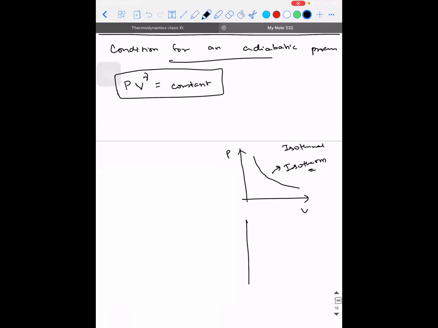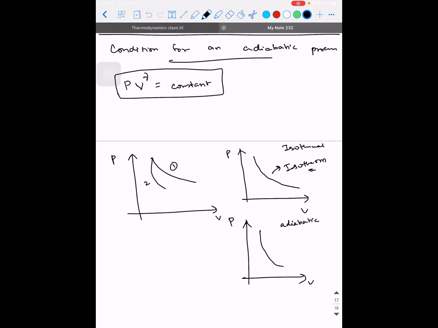Whereas if you draw the graph between pressure and volume under adiabatic conditions, it will be more steep like this. It doesn't have any name. Suppose in your exam they give two graphs like this, graph number 1 and graph number 2, and ask which one represents the isothermal process and which one the adiabatic process. What will you say? The isothermal is 1 and 2 is adiabatic.